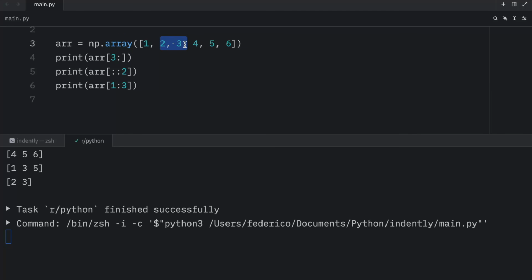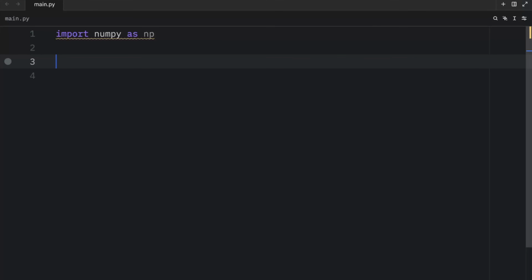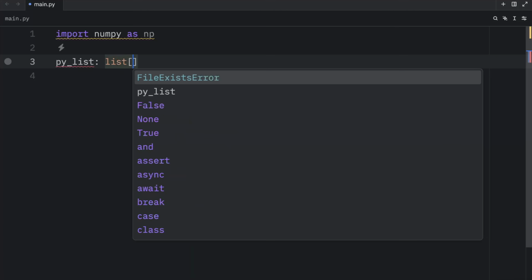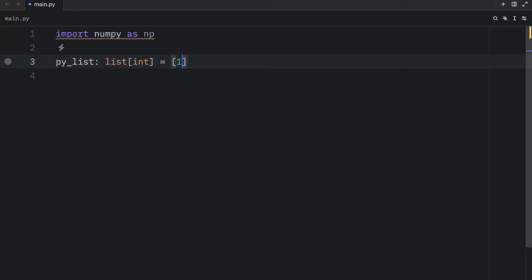One major difference though is that slice indexing of a native Python list returns a copy, while in NumPy it returns a view, which means the slice will still refer to the original array. So first I'm going to show you how it works in Python so that you can see the difference in NumPy. So here we'll create a PyList, which will be of type integer, and that will equal 1, 2, 3,